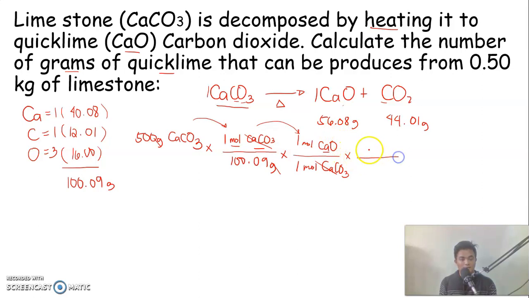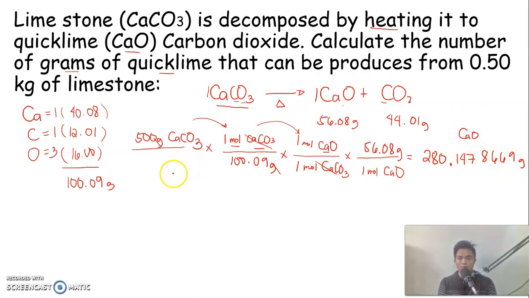Now, the ratio of mass is for every 1 mole of quicklime, you have 56.08 grams of your quicklime. So what do you do? 500 divided by 100.09 times 1 divided by 1, and then you multiply it by 56.08. So what you are left with is going to be 280.1478669 grams of your quicklime. So from that 500 grams, you'll have 280.1478 grams of your